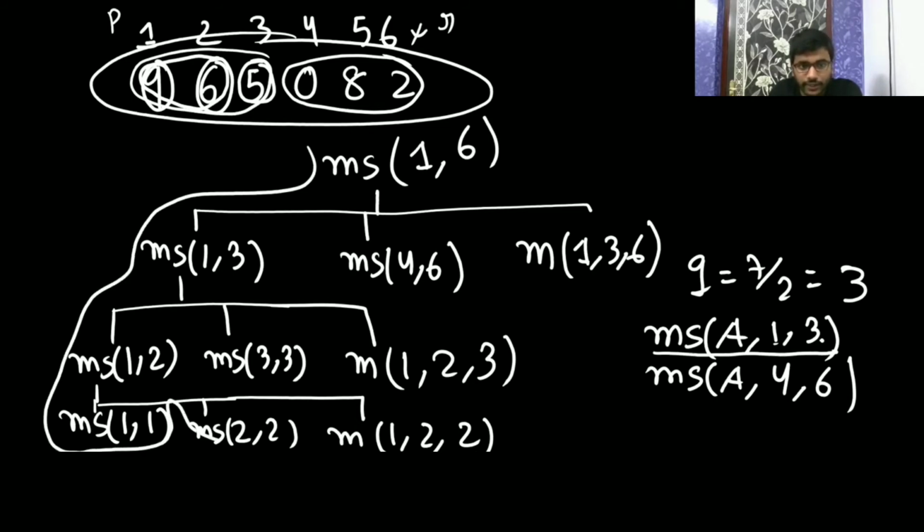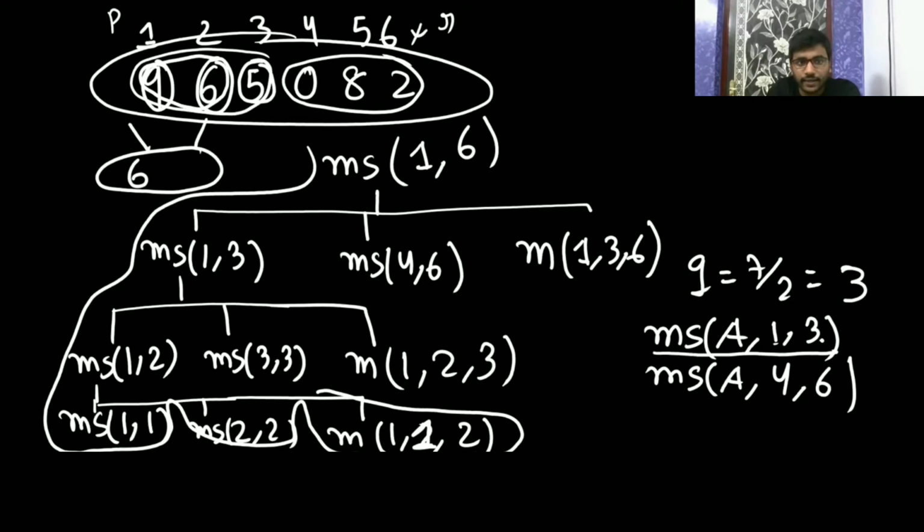1 1 done, then 2 2 done. Then you are going to merge, then you're going to merge 1 2. The q is here 1, 1 on 1, and this 6. So when you will merge these two arrays, 9 and 6, you are going to get the array 6 and 9. See, when you will merge this, you are going to get 6 and 9. So when 1 2 is over, you got one sorted list, that is 6 and 9.